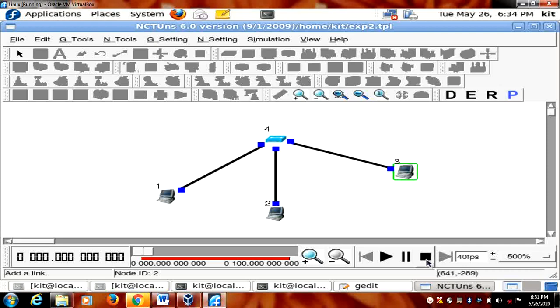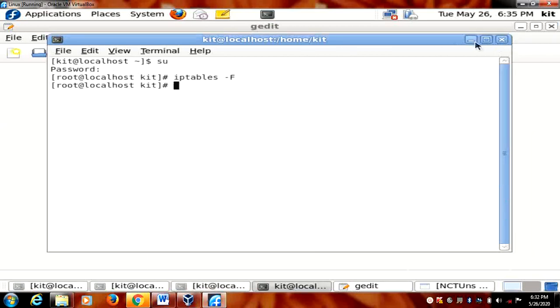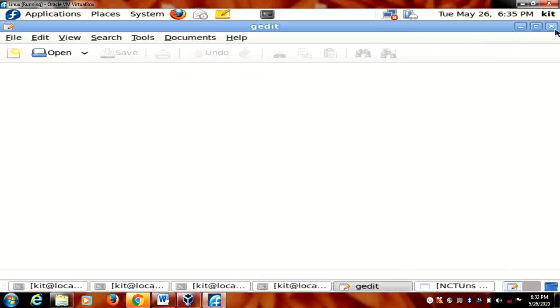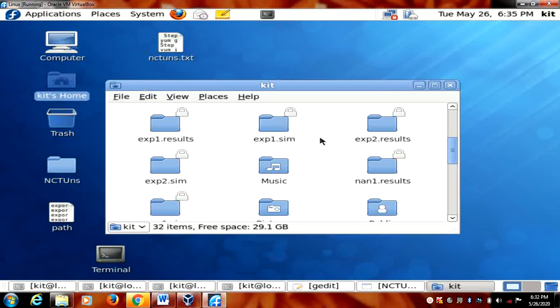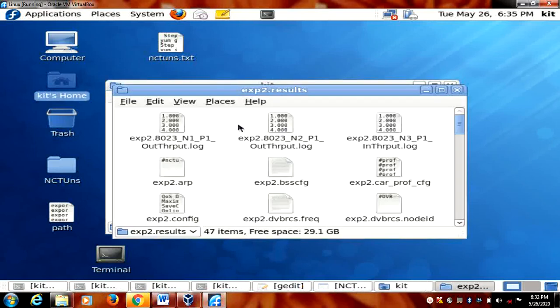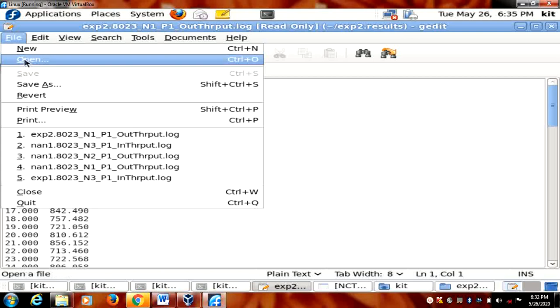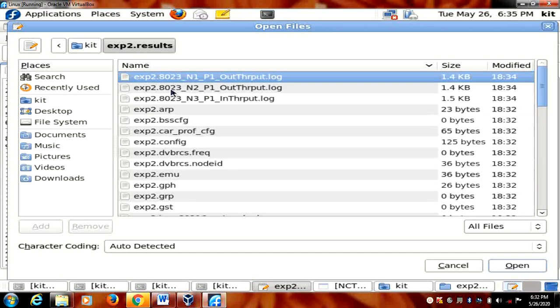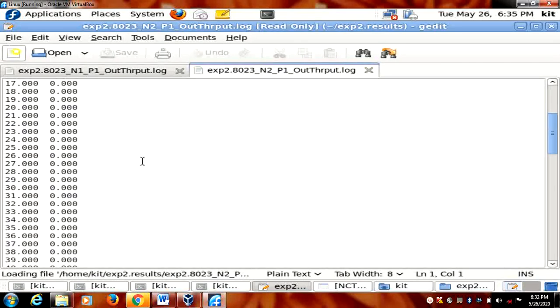You just stop this and minimize this. Check for a result again. Here also everything should be minimized. Okay, where KIT1, here I have given the experiment 2 result. Check it, you got it. Okay, same thing. Fine, open. So this is the experiment 2 result. Open. Two results you observe.